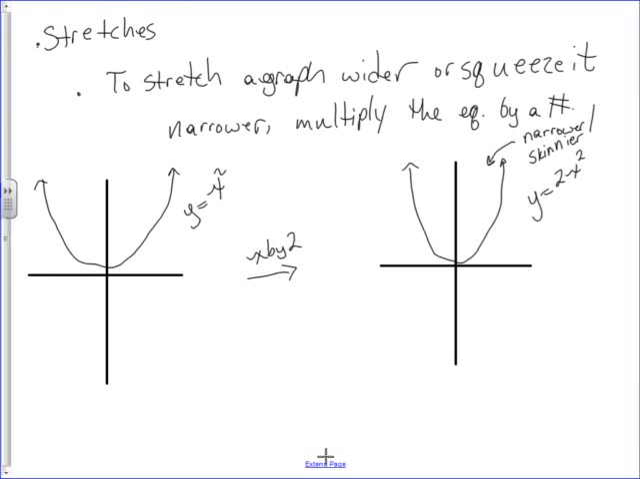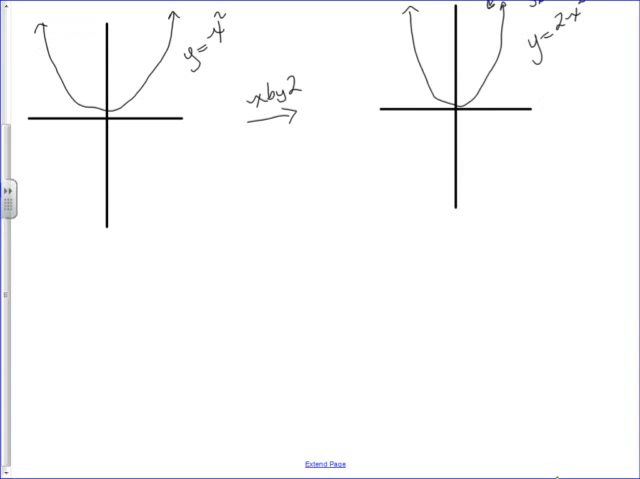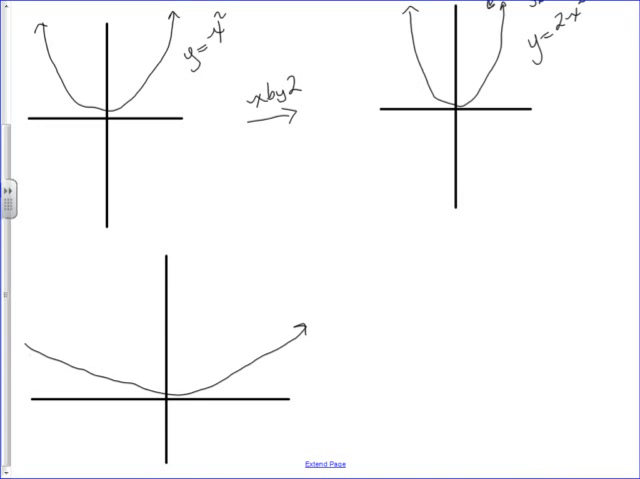Now, to make this graph wider, or to stretch it out a bit, let's see if you can figure it out. If we multiplied by 2 to make it skinnier, what do you think we're going to multiply by to get it wider? So let's widen this thing out pretty good. We're still working with y equals x squared, but now to make it wider,